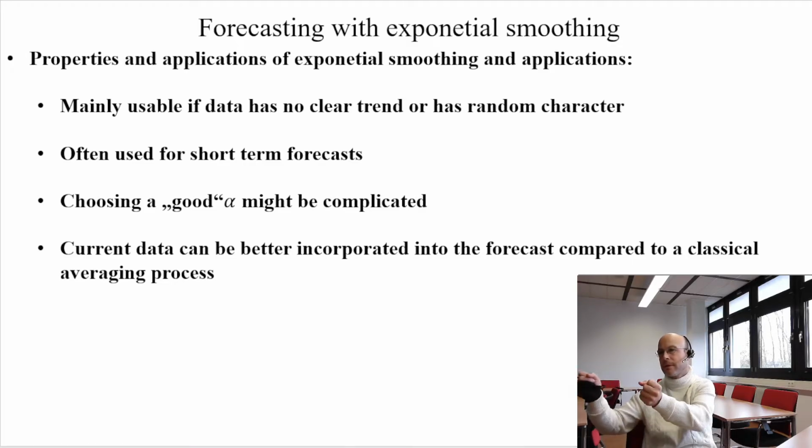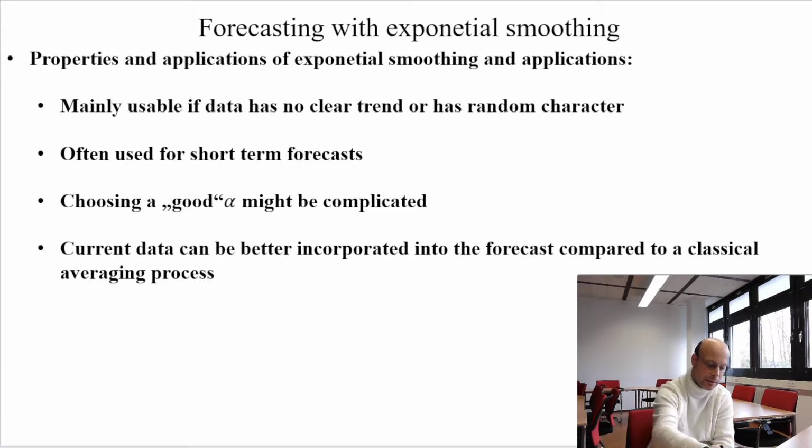At first we identify a trend, and with the rest of our data, taking out the trend component, we, for example, could use the exponential smoothing to have an idea how the rest of the data without our trend is developing over time. Also, we use it maybe for a first shot,